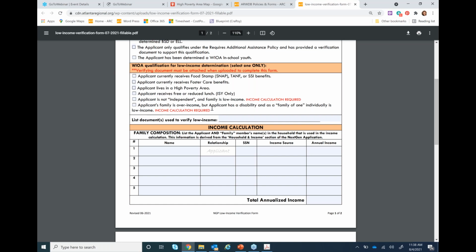Okay, so the next question is, when they receive SNAP, are pay stubs and calculations still required? No. All you need to do is show the SNAP benefits. But you cannot just upload the SNAP card or whatever cards are being used. That's not enough information. We need to actually see the benefits page that has the person's name on it. It also says how long that person is getting benefits.